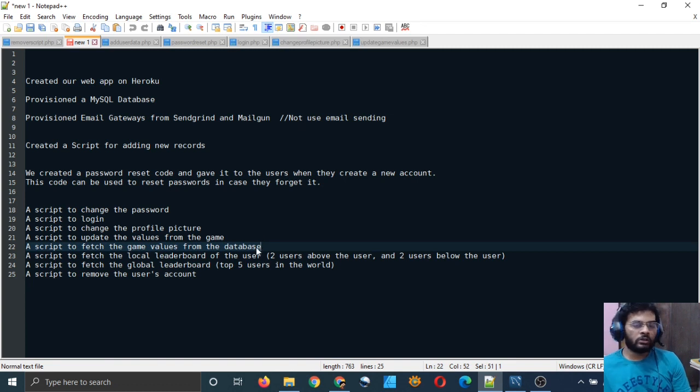So we have stored players' values in the database, and by values I mean the values which are used in the game, for example points, coins, attack power, and health upgrade cost, and all these. So we have to fetch these values from the database, and so let's make this script.